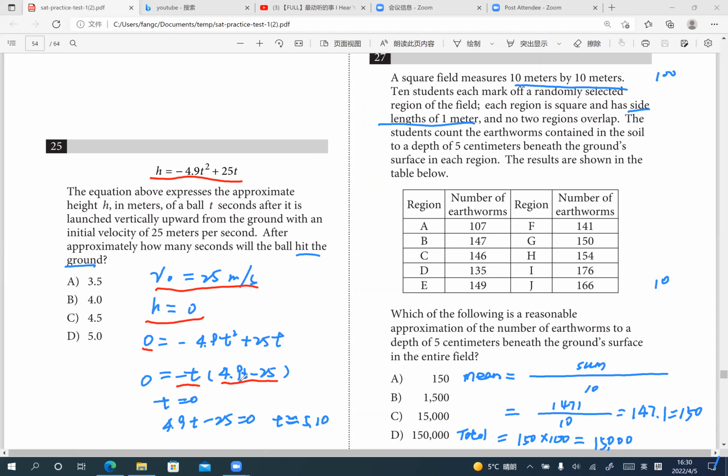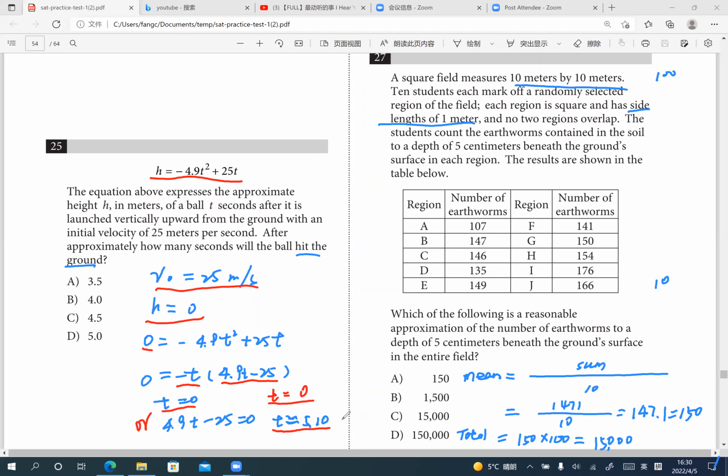According to the zero product rule, t equals 0 or 4.9t minus 25 equals 0. So t has two values. One is t equals 0. Another one is t is equal to 5.10